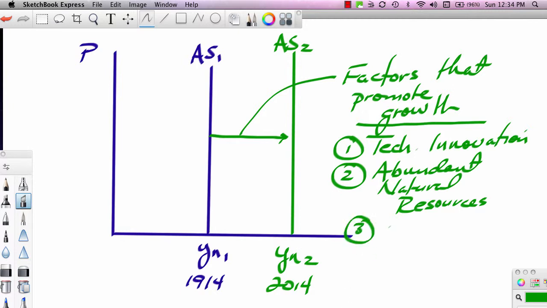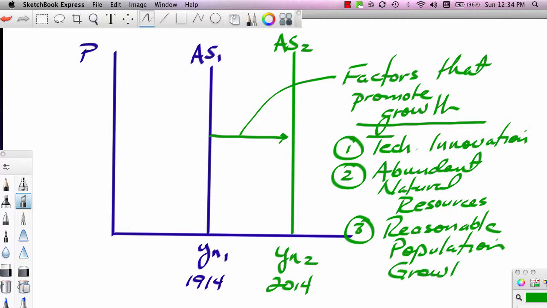Three, this may be surprising to you, reasonable population growth. It's important that a country's population grow. If the output rate is to grow, you're going to need more people to work. And obviously workers need to be replaced because they age, they become less productive, they die. And so a nation's labor force must be replaced. And while today we use a lot less manual labor to get things done, we still need people to work,